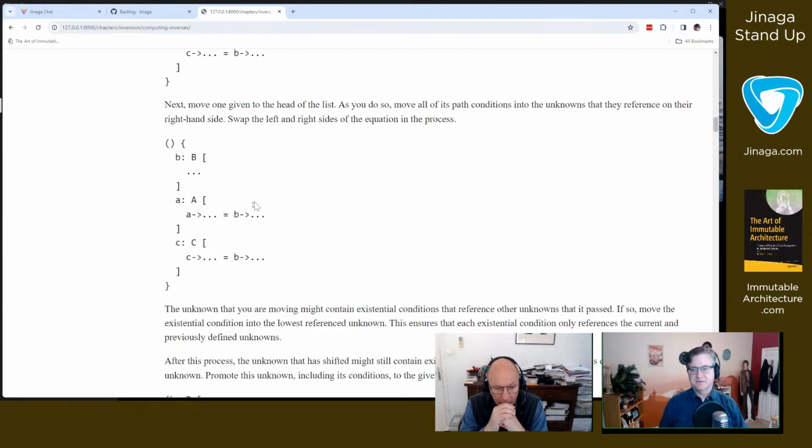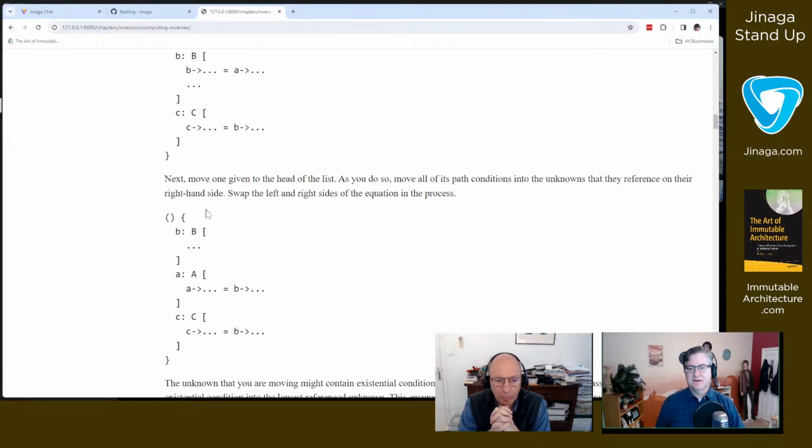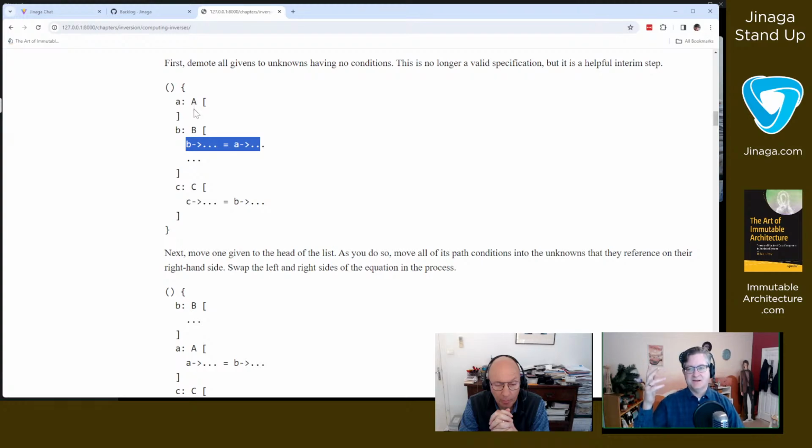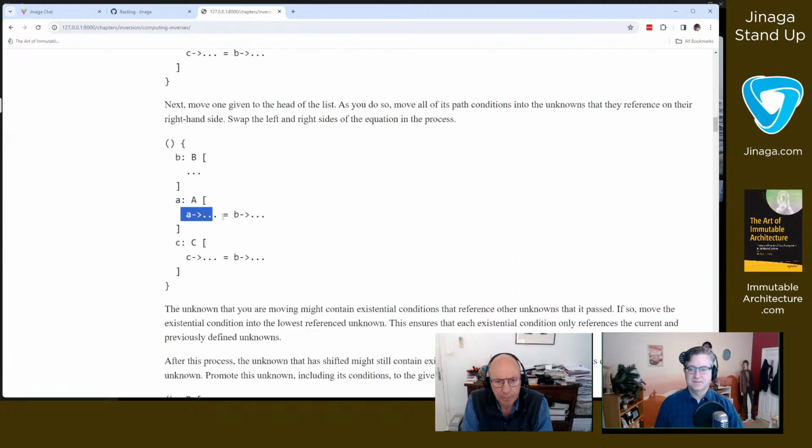As we rearrange things, we pulled, in this case, B above A. Since B has a path that joins it back to A, and the paths have to refer back to prior labels, when we swap B for A, we have to reverse this path, make it A to B, and then deposit it inside of A, so taking it out of B. So that's our fundamental operation: swap two unknowns and move the path from one of them into the other, and swap the equal sign.